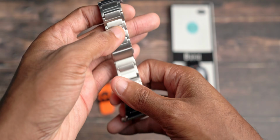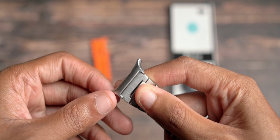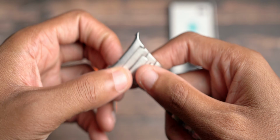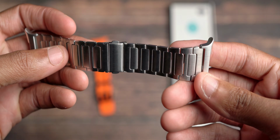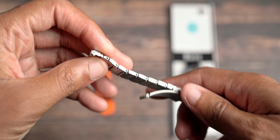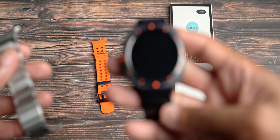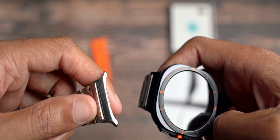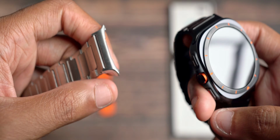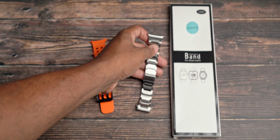It actually complements the watch very well, and I like the gapless form instead of a loop clasp. I like the gapless clasp here because it makes it feel even much more so like a watch. And I would like to try this silver one on the Galaxy Watch Ultra that I have. I do have the titanium gray, so I would like to try that on this watch as well. The only problem that I'm having is I don't have nails like that, and so if I go ahead and show you guys real quick,